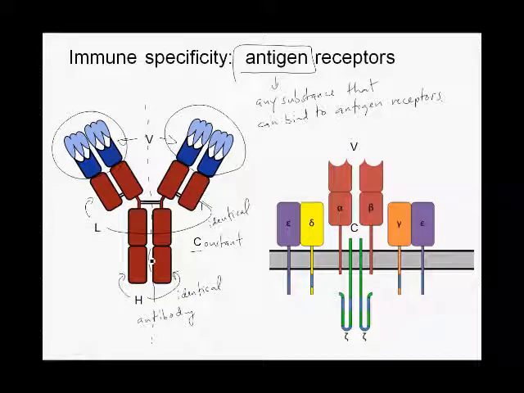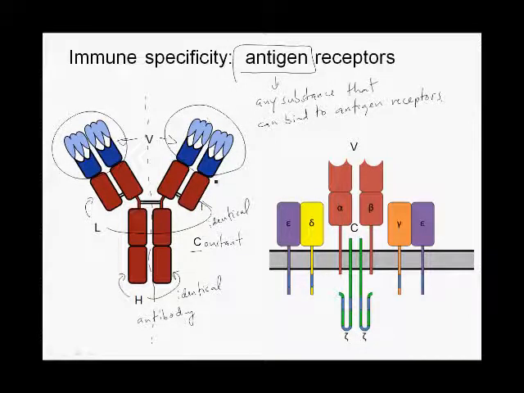For a given class of antibody, all the antibody molecules have the same constant domain chains. But if you look at different antibodies that bind to different antigens, what we see is that they vary in